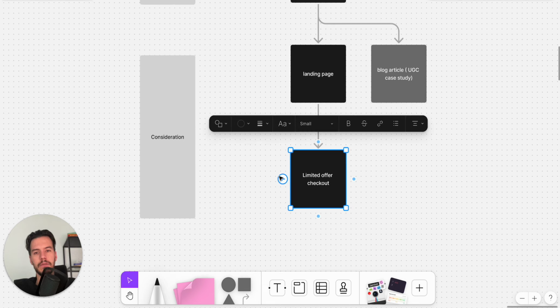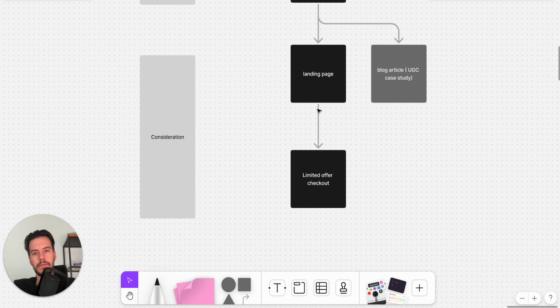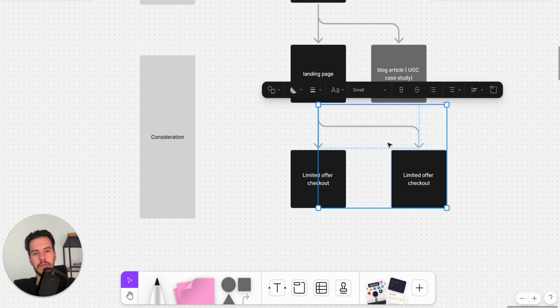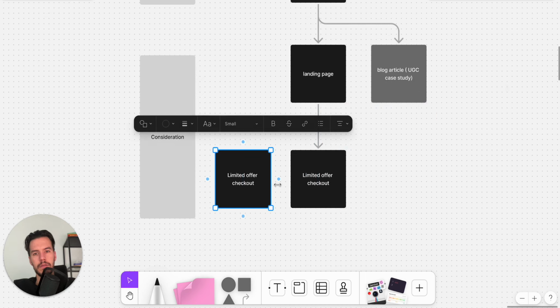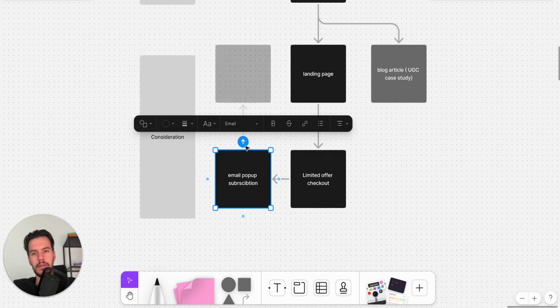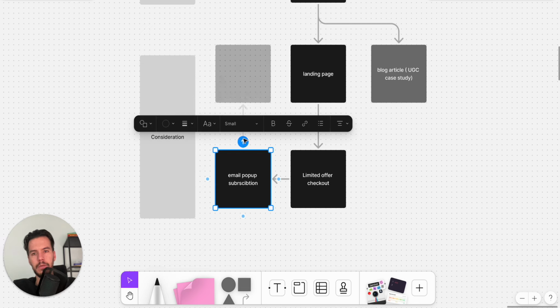And from the checkout, if I'm going to push it so hard, then I can make an email pop-up here. So the email pop-up subscription can lead them to a welcome email flow,